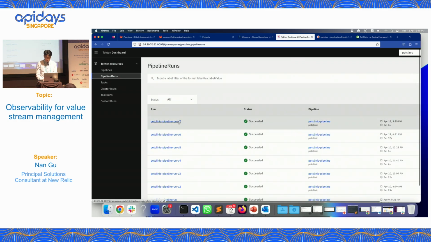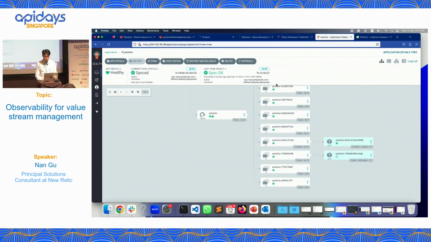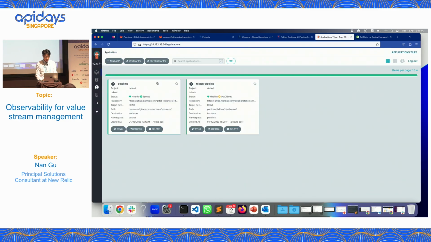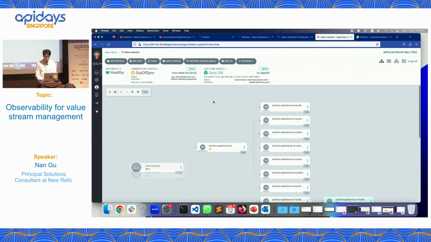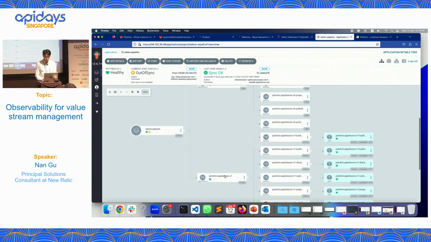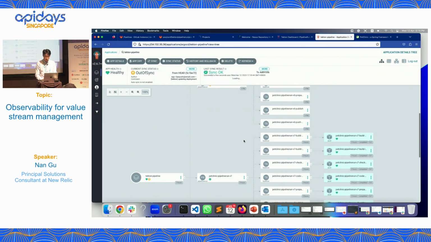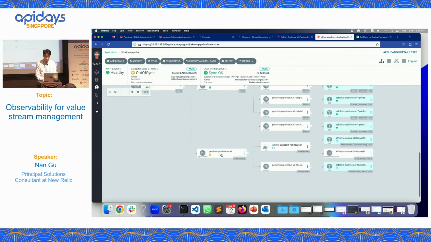All right, still version 7 because I haven't applied that yet. So I go to Argo, back to here, saying, can you help me deploy a new version? Because right now you're only using version 7, right? Sync the files. Okay, help me apply a new pipeline into version 8.